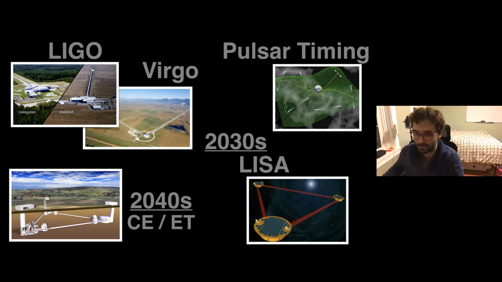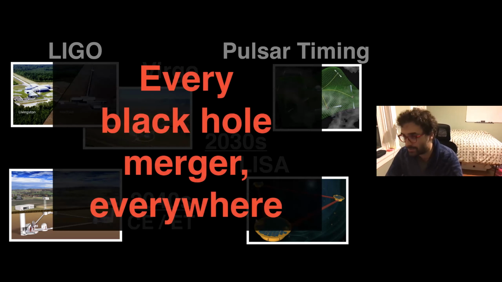This statement has a bit of theorists' bravado in it, but not nearly as much as you might expect. There's a non-trivial chance that by the 2040s, we might be in a position to observe every black hole merger everywhere in the observable universe through gravitational waves alone. And so that's where I like to start these talks off, because it really sets the scene and also gives you an idea of how radically this field has changed over the last 5 years,